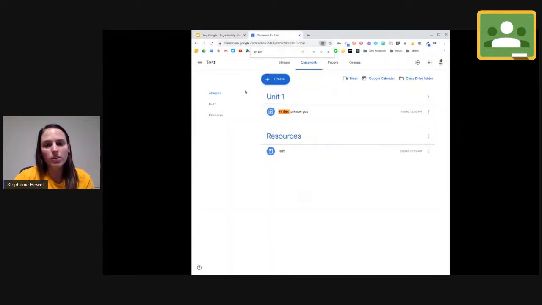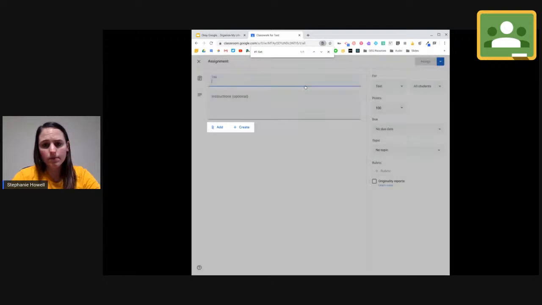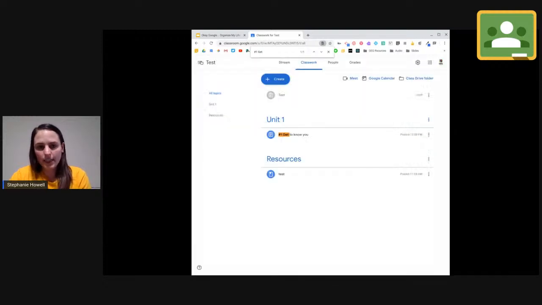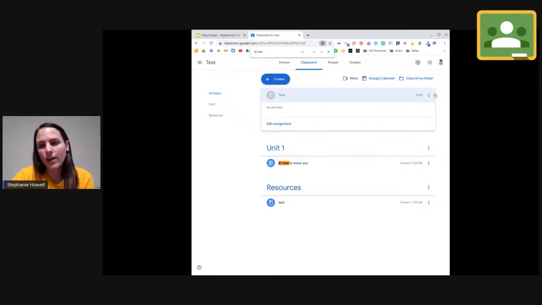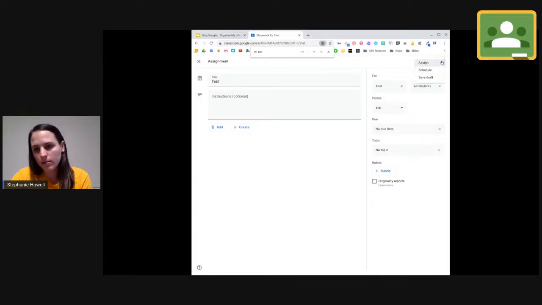So if I'm in Google Classroom and I go to create an assignment, I can do test, I can schedule it, or I can also just click the X and it's right here. Gray means it's in draft mode. If I want to assign it, I'm going to edit it, and I can go over to this drop-down menu and I can schedule my assignment.